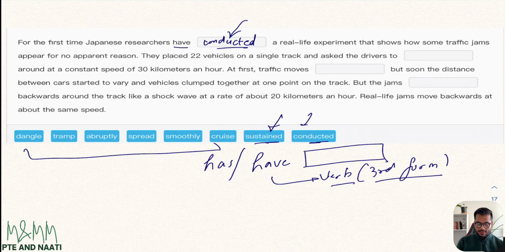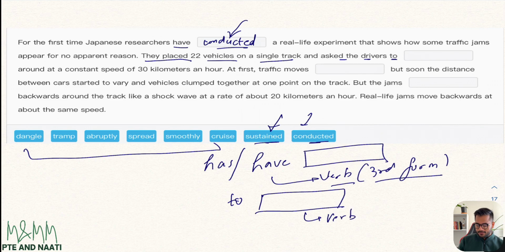Next one, they placed 22 vehicles on a single track and asked the drivers to. Again, the moment you see the word to, which is a preposition, and if there is a blank after that, it is always going to be a verb, again an action word in the first form, or we also call it as simple form, present form,